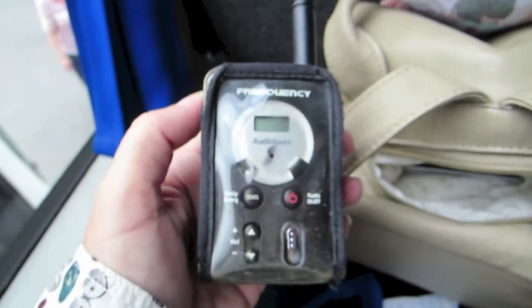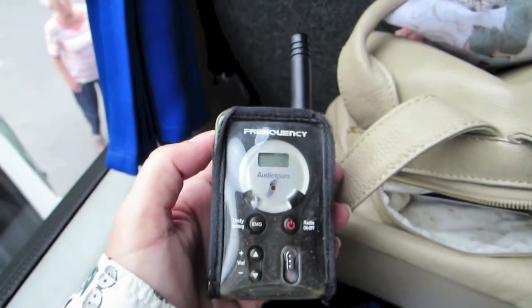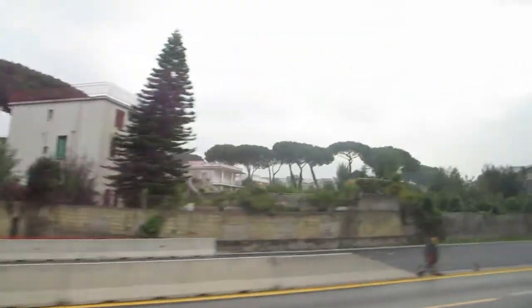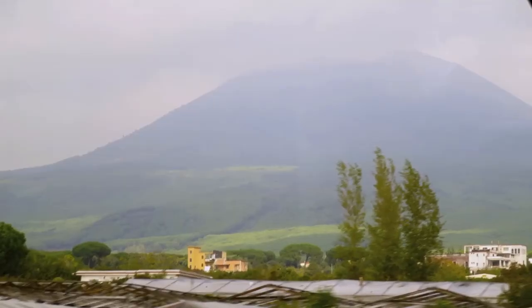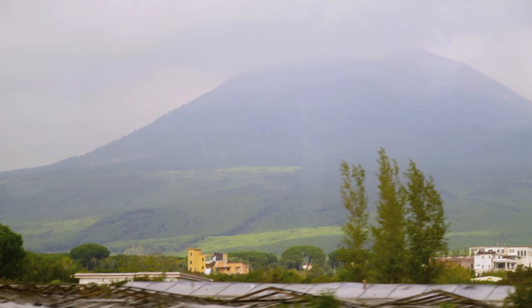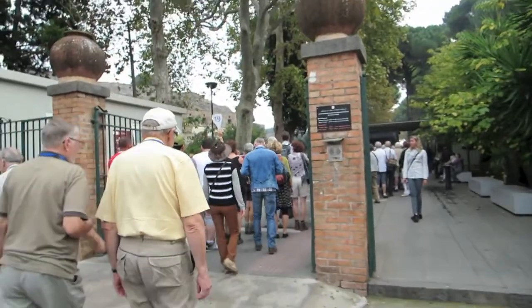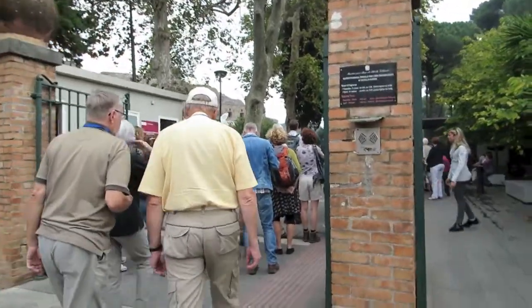Did I get you dizzy yet? Okay, we're in the bus and look what we got. This little mini audio guide. We're in the red area. If the volcano erupts now, we're dead meat. Okay, so we're here at Pompeii and the tour guide is over there with the number 19 and she